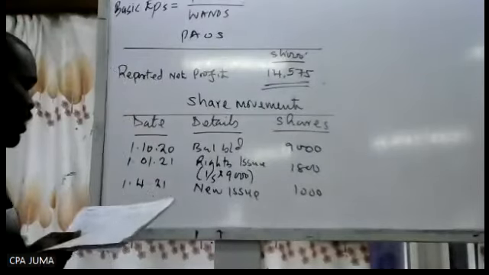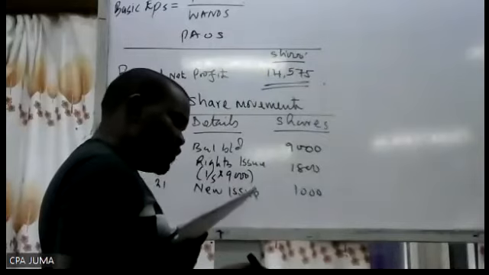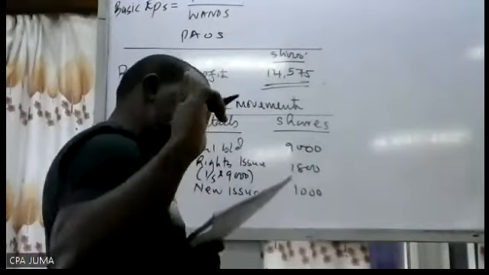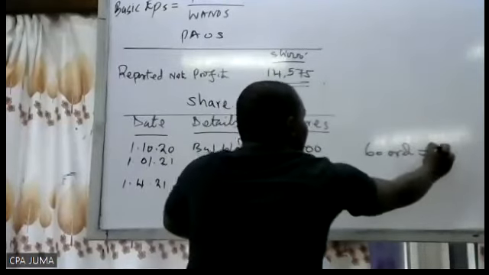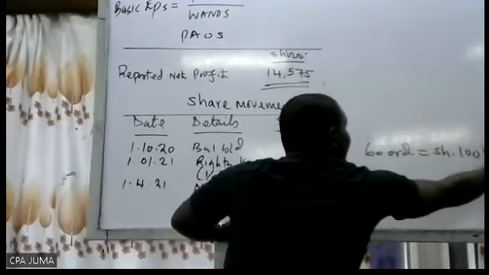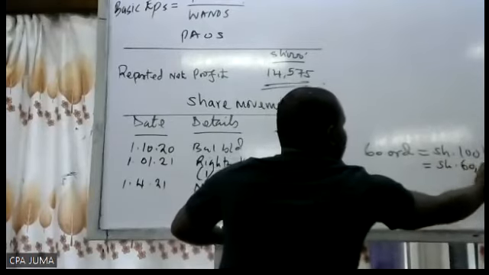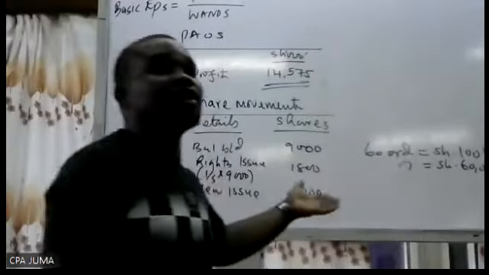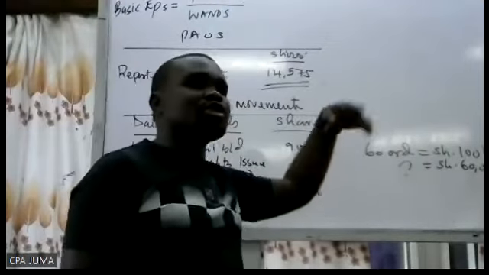If they had converted, assuming they converted all of them, they issued how many bonds? 5 million. So if you convert, how many do you get? 60 ordinary shares for 100 of the bonds. So what if they converted? If 100 of the bonds give you 60, what about the 60? Cross multiply and you get.